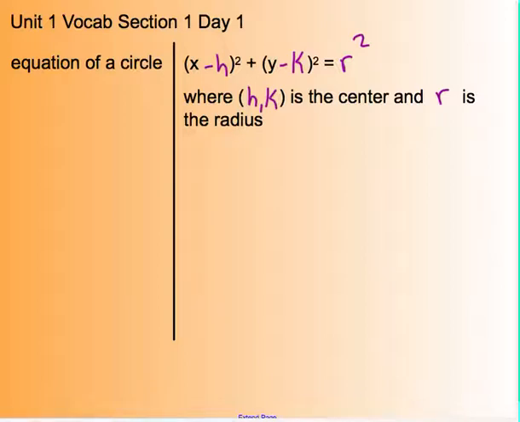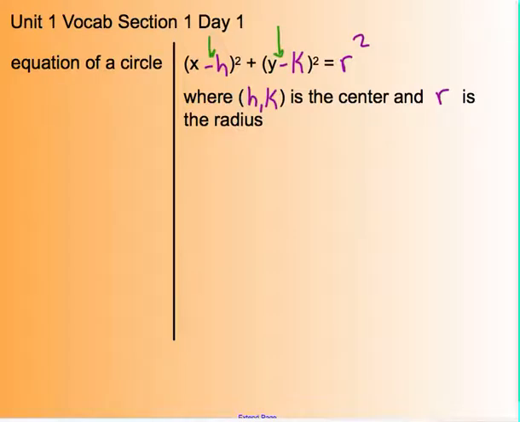So there are a few things you need to notice about the equation. First of all, it's x minus h and y minus k, but the center is the opposite. So if you had me last year, you'll probably remember the asylum analogy. If you did not have me last year, when you are in an asylum, you don't act normal, think normal, speak normally. You do the opposite of what people expect you to do. So when you look at the parentheses in the equation, the h and k are in the asylum. They're not normal. So when you pull them out of the asylum to get the ordered pair for the center,